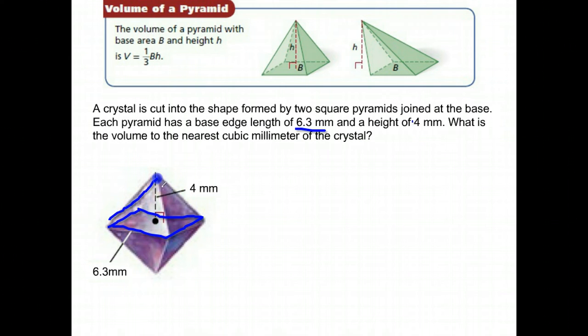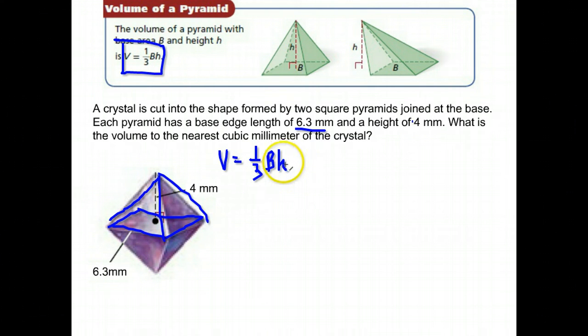So what we're going to do here is find the volume of one of the pyramids, and then we'll just multiply that by 2 because we have one on top, one on the bottom. Our formula for the volume of a pyramid is 1/3 area of the base times the height. We need to make sure we have both of those things. The height, which we can see right there, is 4, the height of our pyramid, and the area of